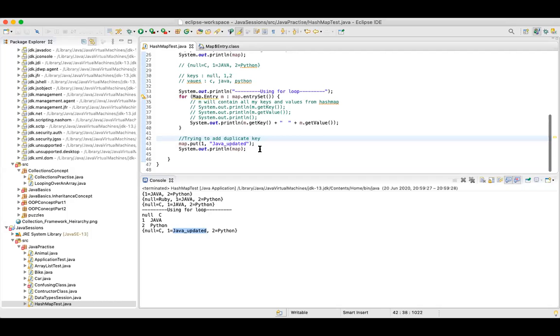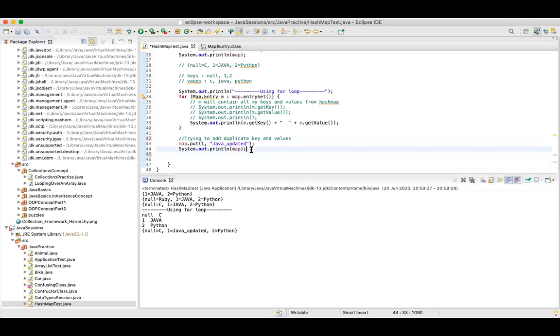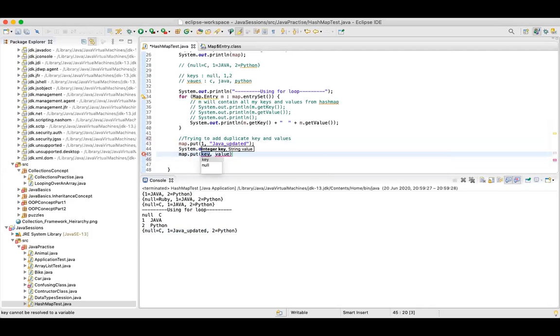Now let's try for values as well. This is my final list now. Now let's say I want to say map.put, and let's say my key is 3. Key is new, right? It's not a duplicate.